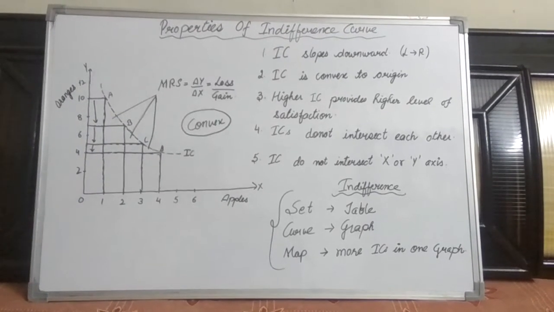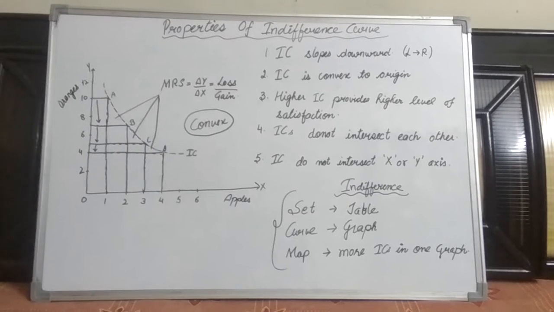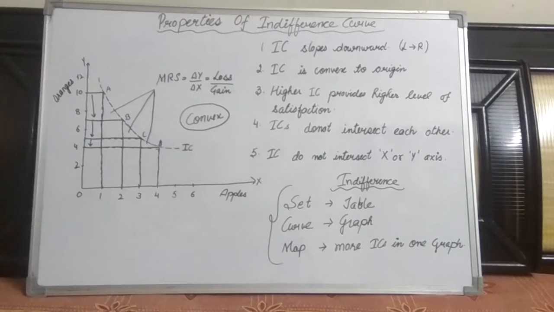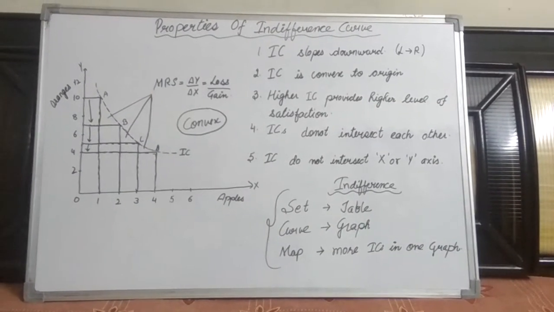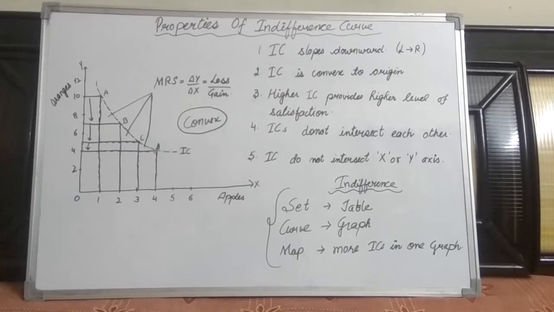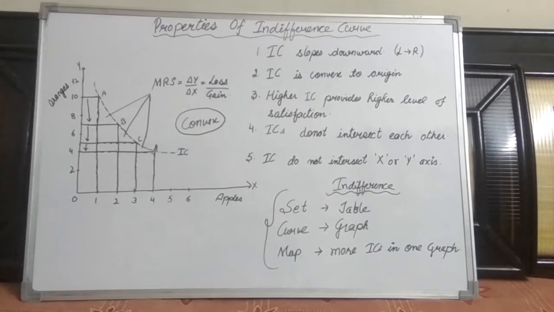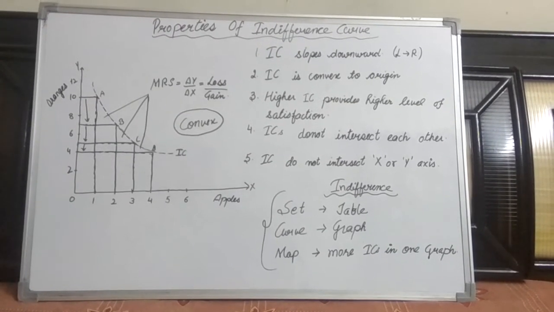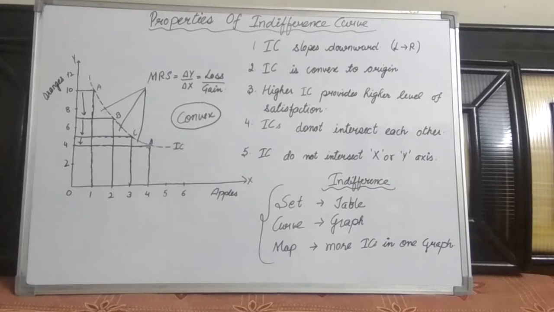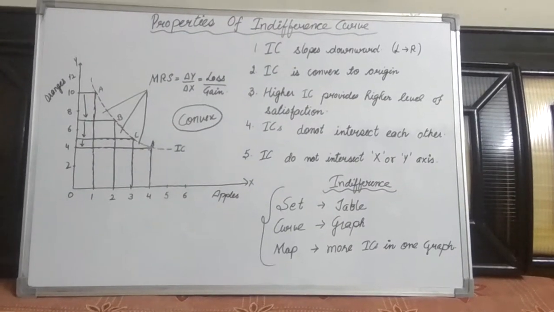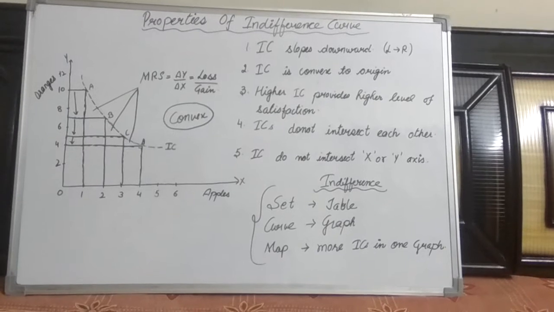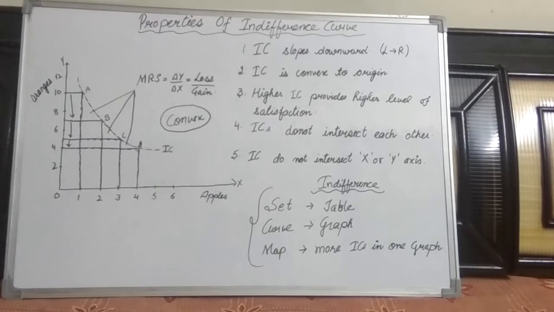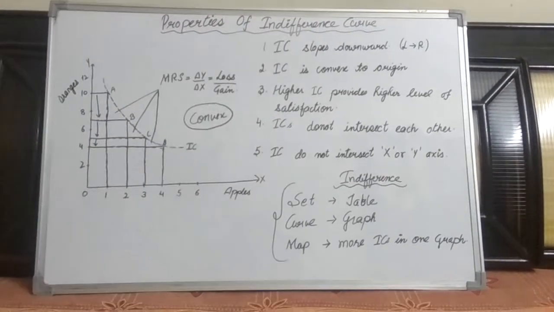We plotted two goods, oranges and apples, on the y and x-axis respectively, and after plotting these values, we got a downward sloping indifference curve. The triangular regions between points A and B, B and C, and C and D show the value of MRS, which is the marginal rate of substitution, whose value is equal to delta y upon delta x, which ultimately is equal to loss upon gain.